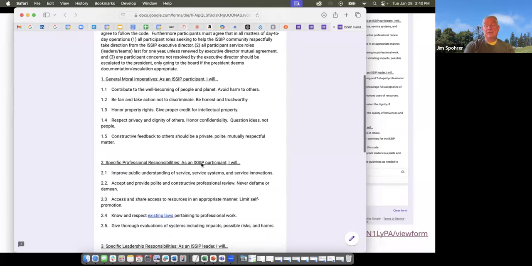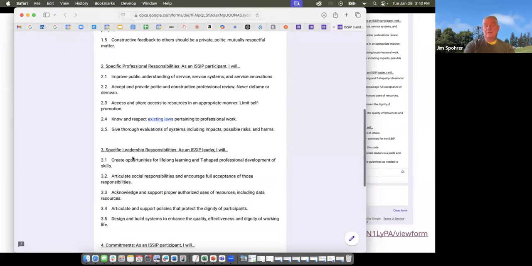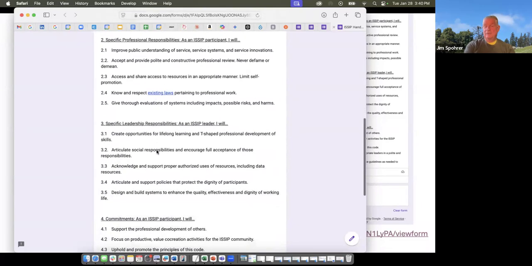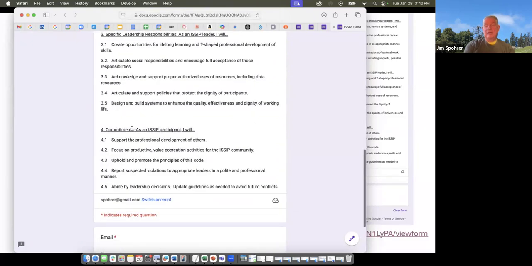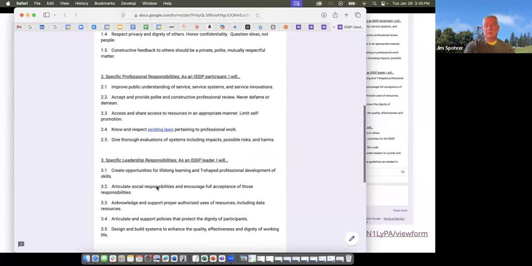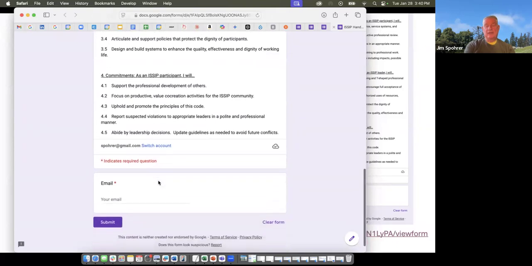The code of conduct has general moral imperatives, specific professional responsibilities, specific leadership responsibilities if you're going to be a leader in ISSIP, and commitments as an ISSIP participant to support the professional development of others and other things. So it's very, very important to read through, understand all of these, and submit your email as a first